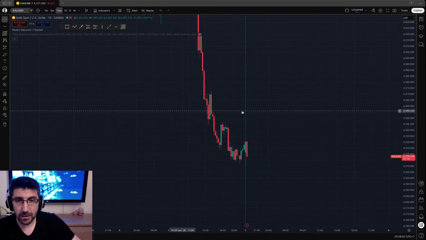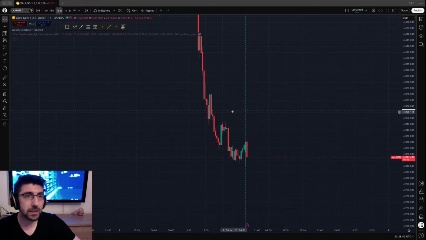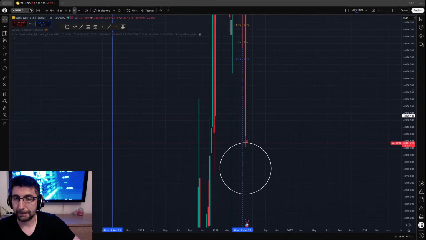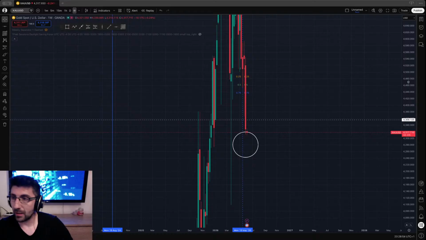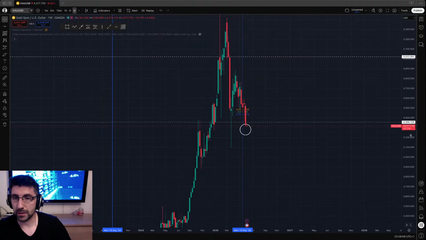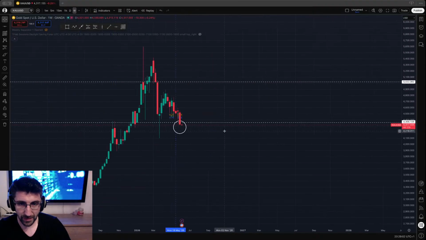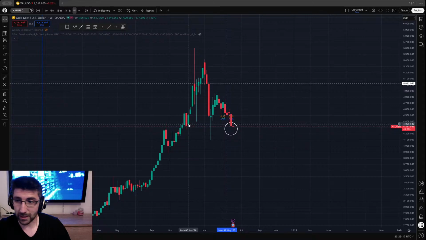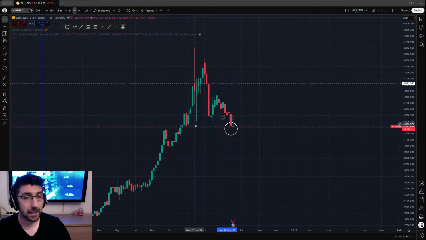Let me explain a little bit about this line here that I draw. This is my weekly chart, and this white line that you see here is the opening price in January. So the price opened in January at this price here, and I am analyzing the weekly charts with